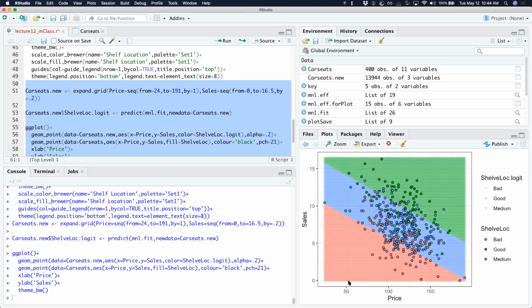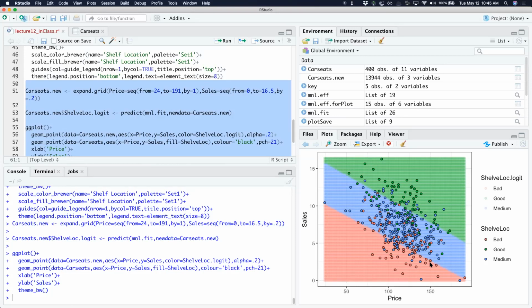The analogy of what you're seeing here is like in a linear regression: if these are my data points and I draw a line through it, that line represents the fit of the data. In the logistic regression, I've colored in the predicted outcome